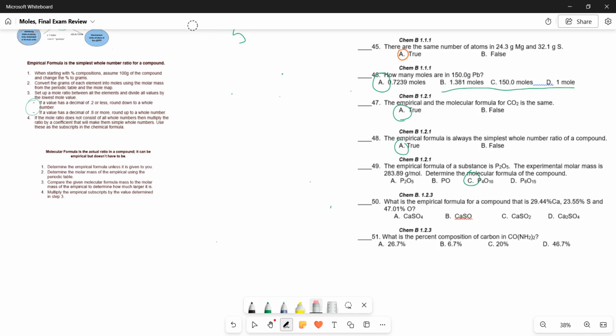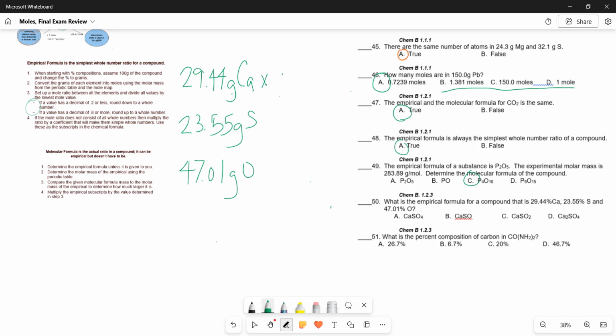Just clear the screen. Okay, it says, what is the empirical formula for a compound? So they gave us percents. If you remember when I showed you the notes, it tells you those percents. We assume 100 grams, so those percents are now grams. So we have 29.44 grams instead of percents of calcium. We have 23.55 grams of sulfur, and we have 47.01 grams of oxygen. We're going to convert these to moles, and so calcium on the periodic table for every